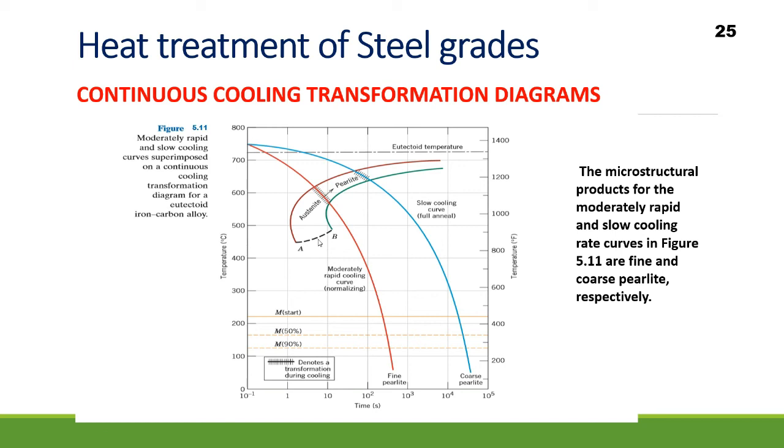So here you see that when you do slow cooling, the byproduct is coarse pearlite, and when you do this moderately rapid cooling, you get fine pearlite grains, because this cooling rate has crossed both the starting point and the ending point. So I'm getting fine pearlite here, and coarse pearlite here, which means that the type of microstructure we will